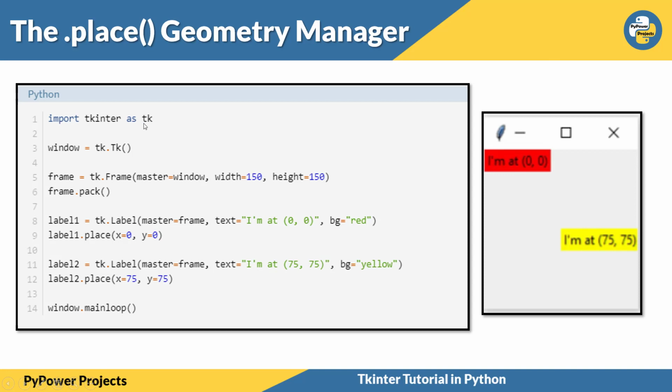So import the Tkinter SDK. I have created the same main frame. This window is my main frame. I have created a master window, and I have created a frame inside it. See, I have created the label inside this frame. Master equals frame means this frame. Inside this frame, I have created label 1, and I am placing it at 0 comma 0. See, this is the 0 comma 0th index, so it will occupy the size accordingly.